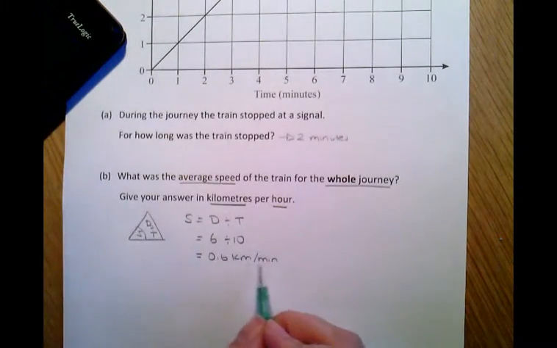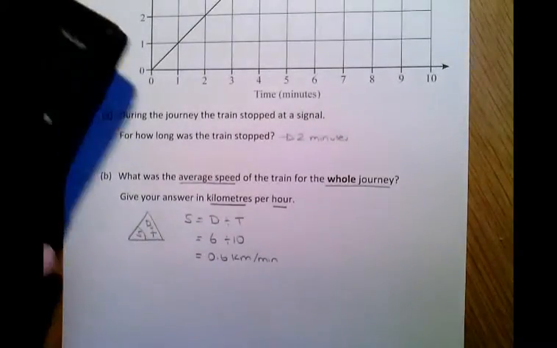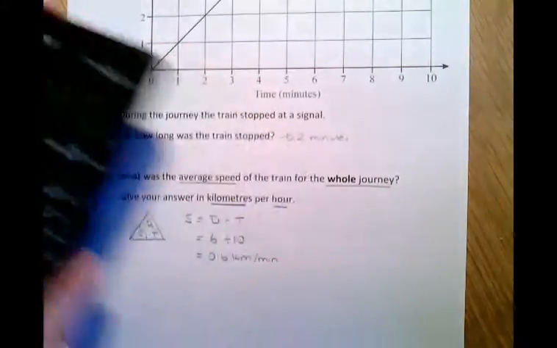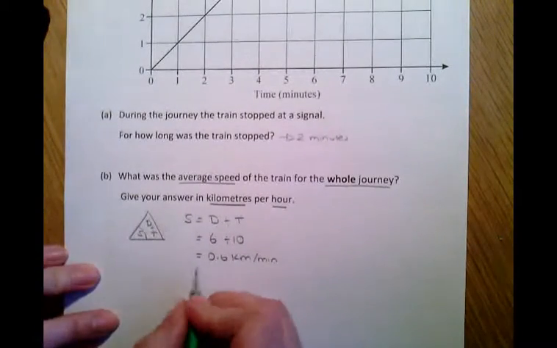So if that's how far you would go in a minute, then just times that by 60. Just doing that in the calculator, so just the 0.6 times that by 60, and that will tell you how far they go in an hour. So that would be 36